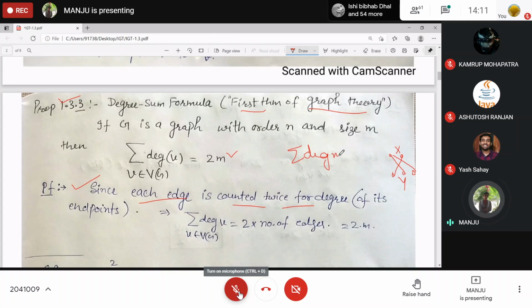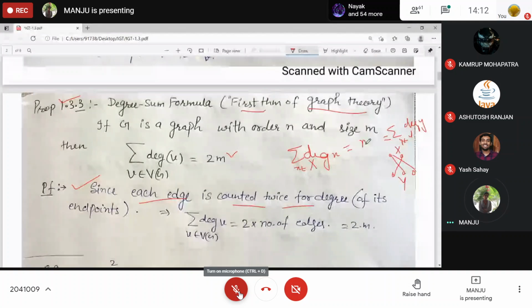In X, if you consider all the vertices in the first partite set, the degrees are 1, 1, 1, 3, right? And how many edges? 3. So it's the number of edges.